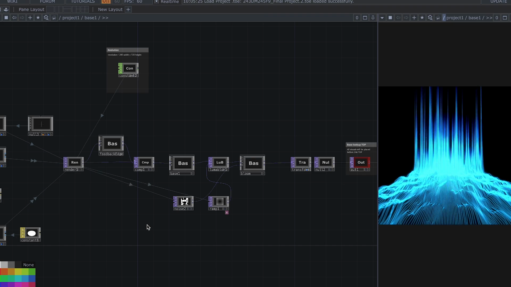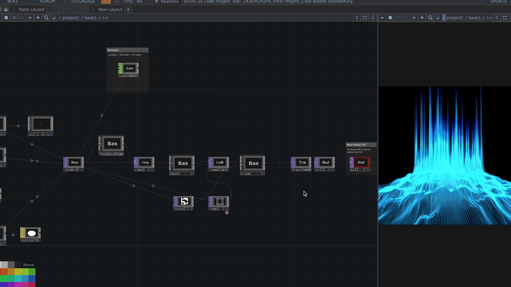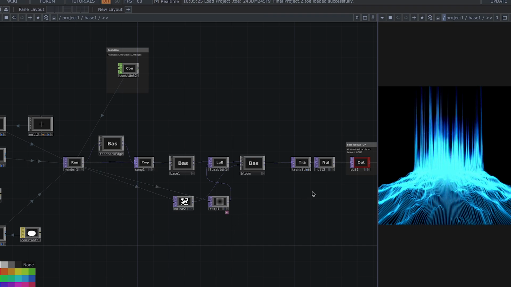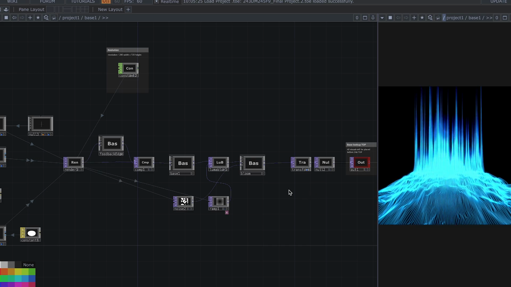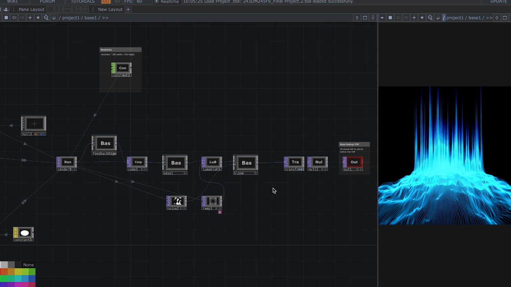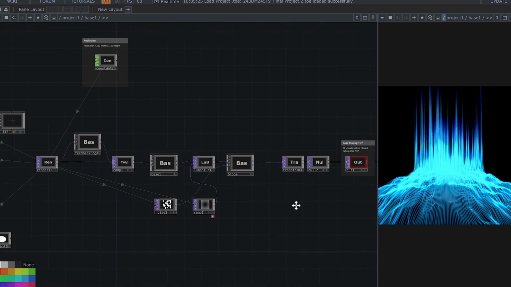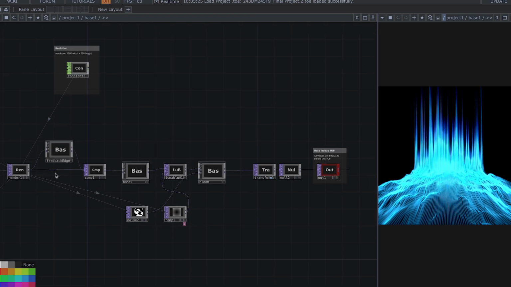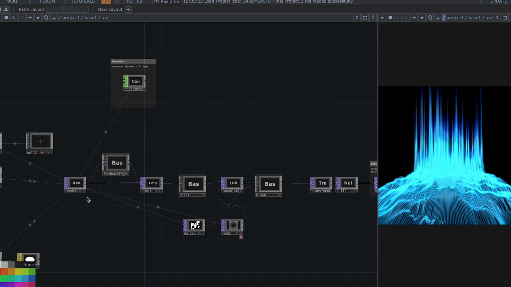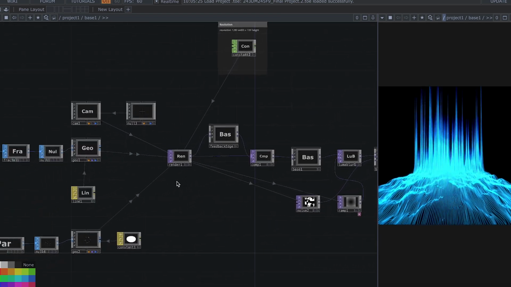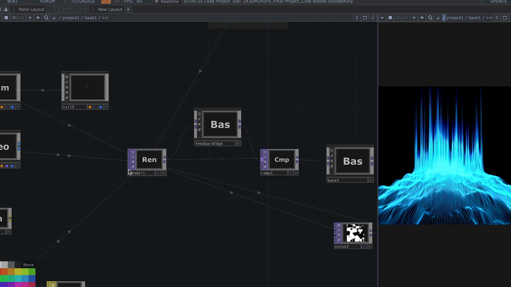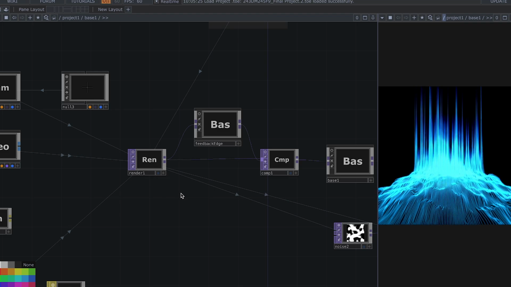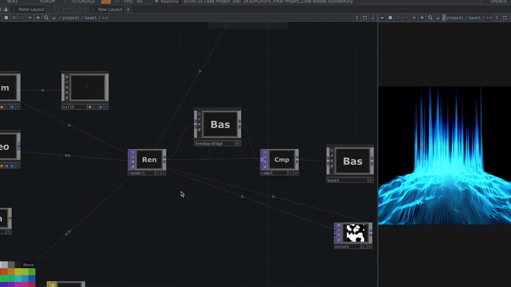The visual output is designed to be immersive with the flowing lines and glowing particles, creating a sense of depth and serenity. I use a feedback tool over here. I use a feedback tool and rendering nodes, render 1, to enhance the realism and depth of the scene.